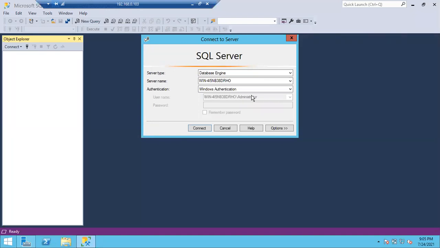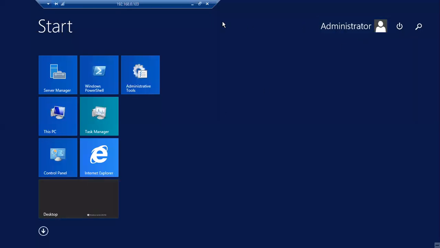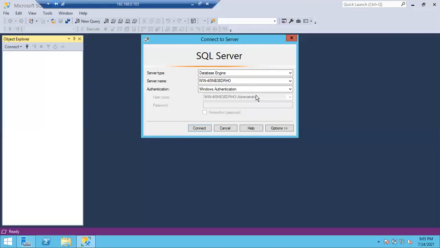If you logged in as Sharath, you can see computer name slash Sharath. If you logged in as Money, you can see computer name slash Money. If you logged in as some other person with a different account, you can see computer name slash the account name. Okay, clear? Now I just logged in as an administrator in this server, so that's why I can see computer name slash administrator.